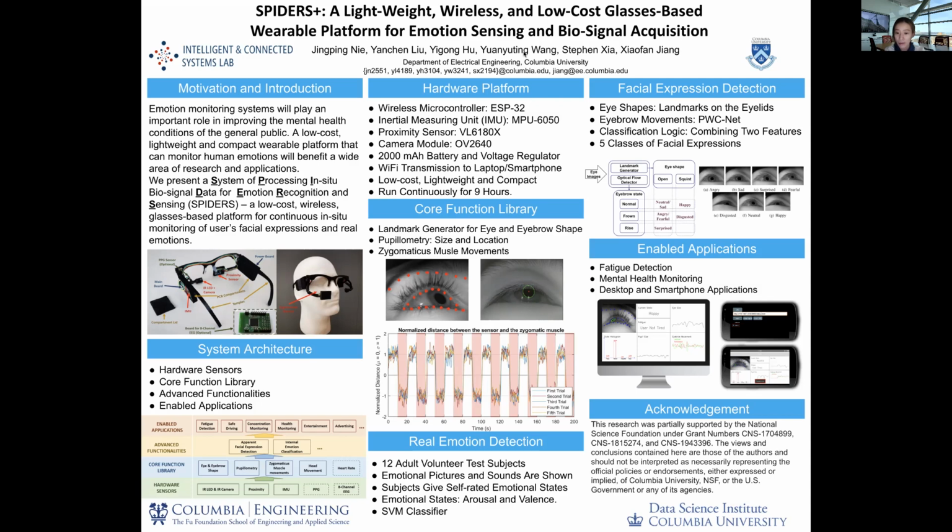and TV shows present dynamic content to the user based on the emotions experienced by the user in real time. Moreover, emotion monitoring platforms also help to measure the effectiveness of advertisements and can have the advertising tailored to the user's emotion. To bring the emotion monitoring systems out of the lab or clinical settings and make the